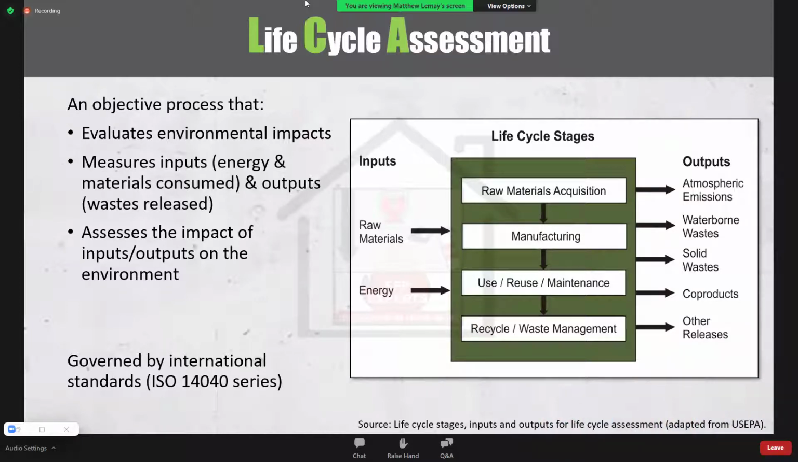This can be applied to any product. There are LCAs out there for consumer goods like paper, for construction materials like concrete, or for actual entire buildings. We'll have an LCA summarizing the outputs of the process of manufacturing that entire building. So